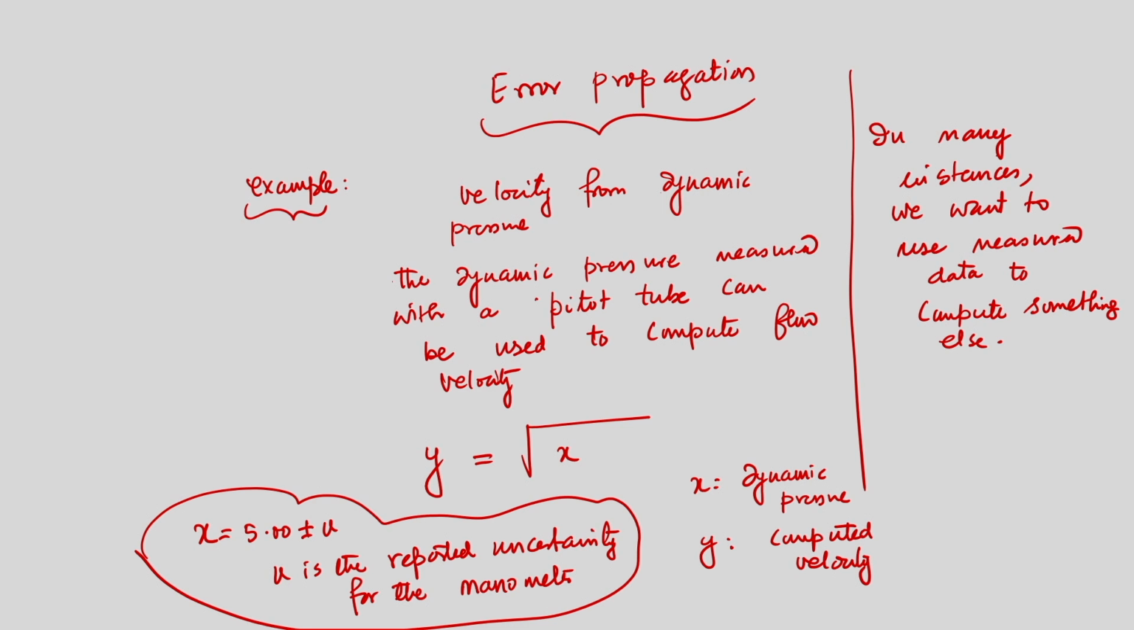Similarly, when we are using a manometer for the measurement of pressure, the reading you get from the manometer should be something plus minus an uncertainty range. Now, if the pressure that we are measuring using the manometer is 5.0 plus minus u, where u is the reported uncertainty of the manometer, then from the statistics, I am writing on the next slide,